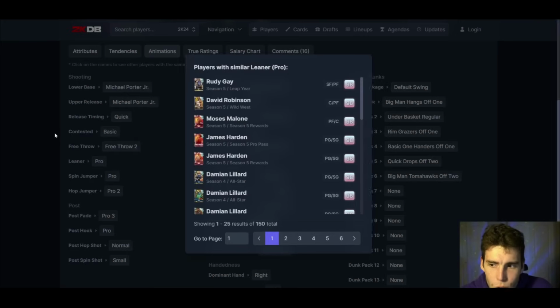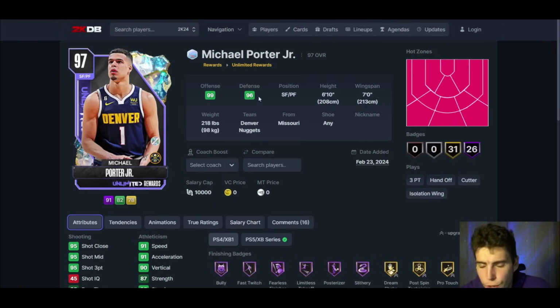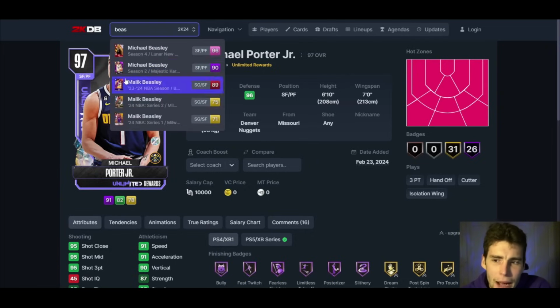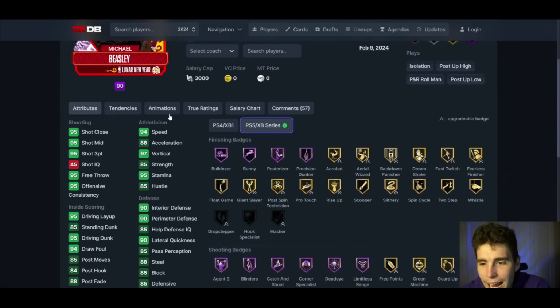I don't like the pro leaner too much. It's something I'm going to have to get used to for Michael Porter Jr. But if you grind out the 20 unlimited games for Michael Porter Jr., you better be running this card because he is that good in MyTEAM and definitely a card that I recommend if you're good at MyTEAM Unlimited picking up. Coming in at my number 1, the best small forward right now in MyTEAM, in my opinion, for the average player, gonna be